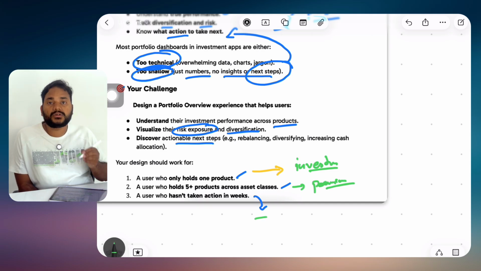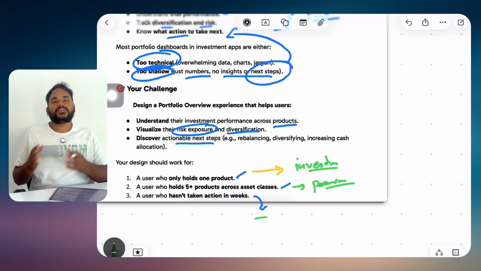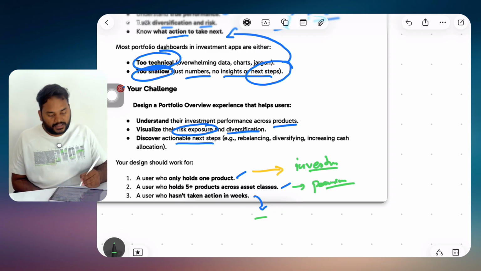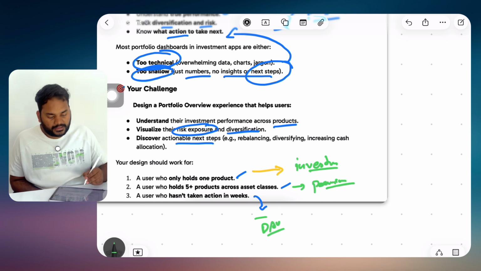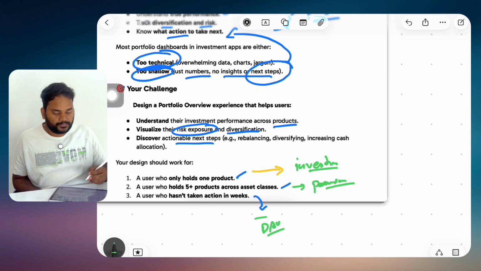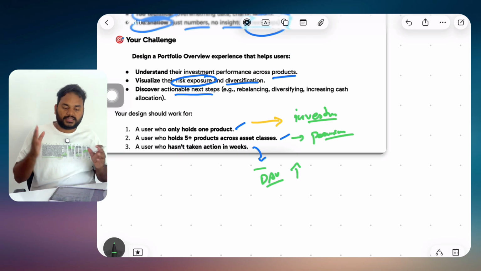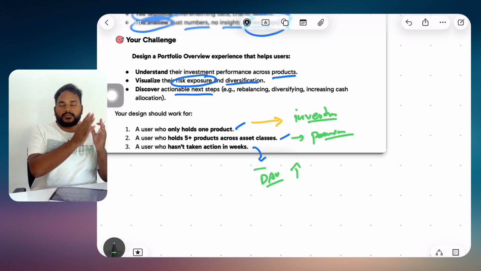This type of user is a burden on the company, because to run an application there are different types of costs, like backend cost, AWS, different things. But if the user is not taking any action, their daily active user count will be low and overall activity of the user journey will be low, which is a negative mark for the company. So that needs to be improved. So these are the 3 things: what the user wants and how the business is impacted by it.